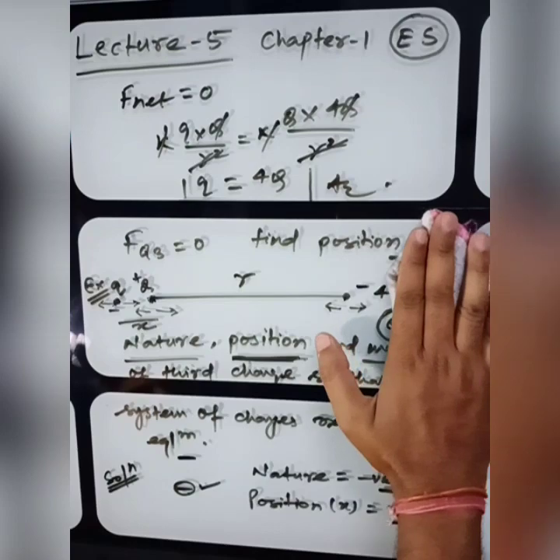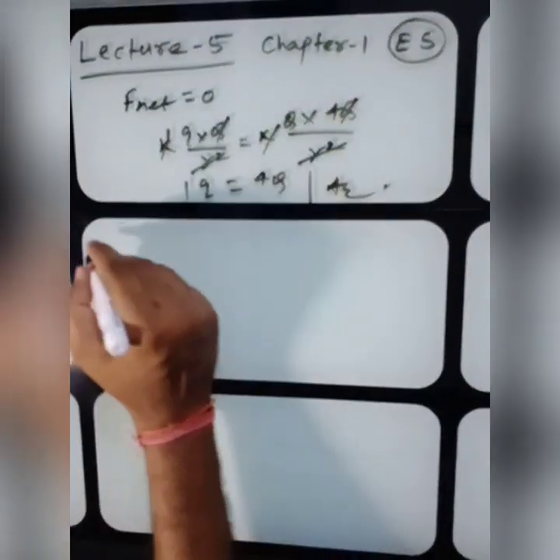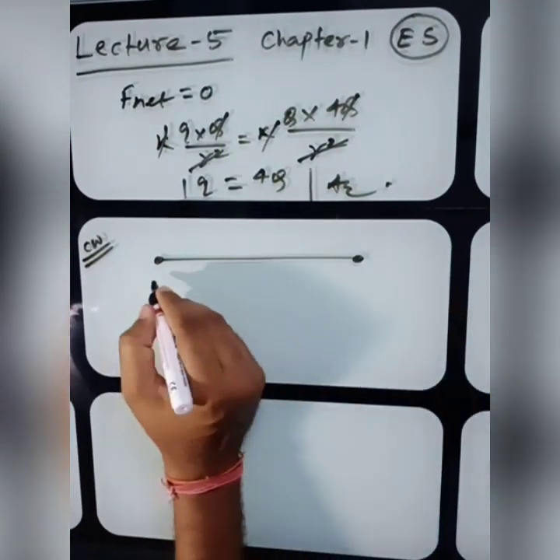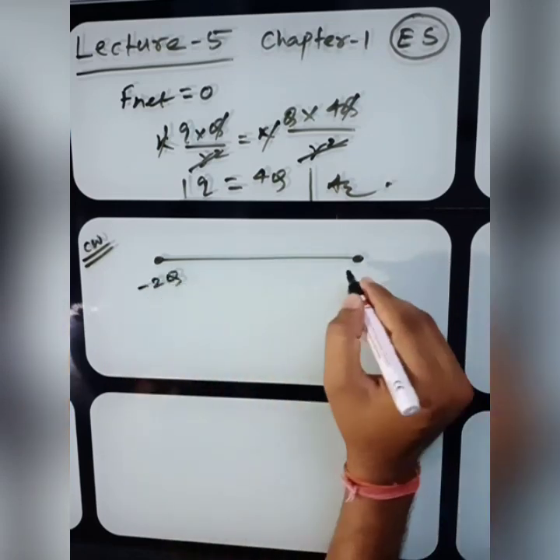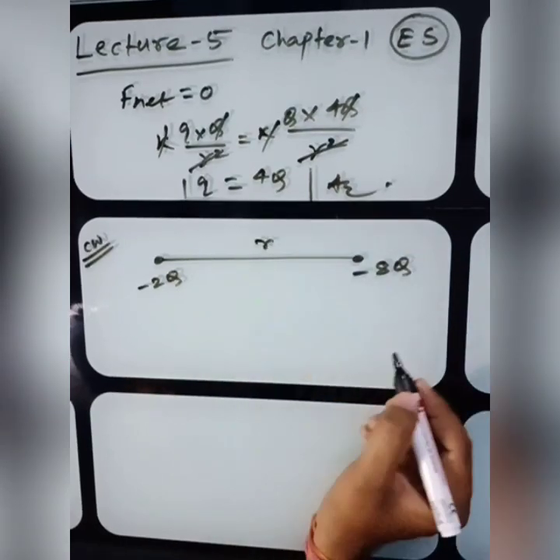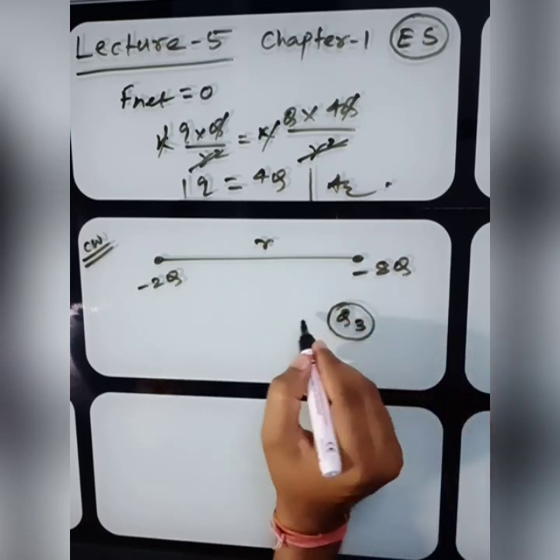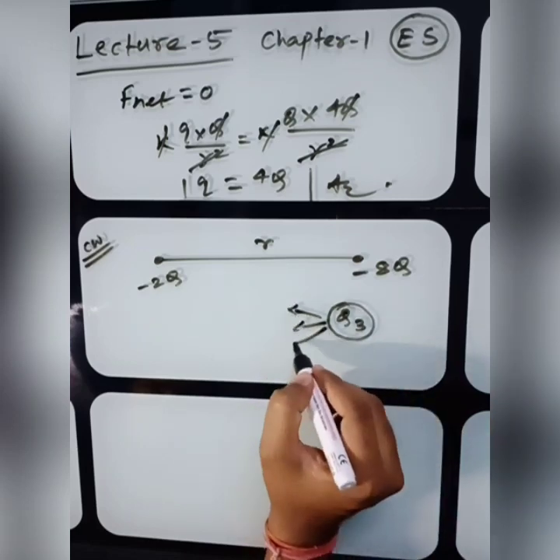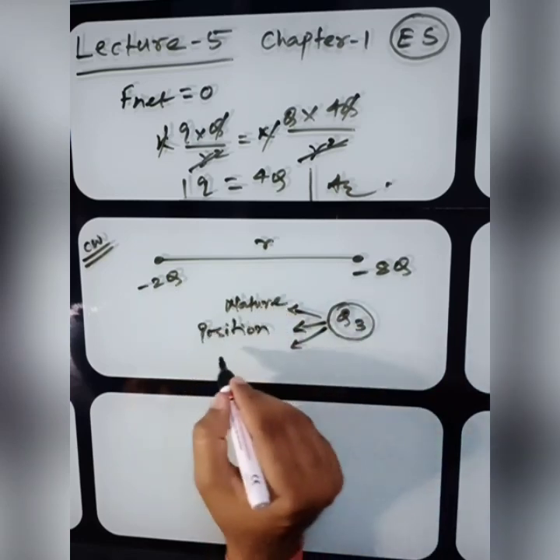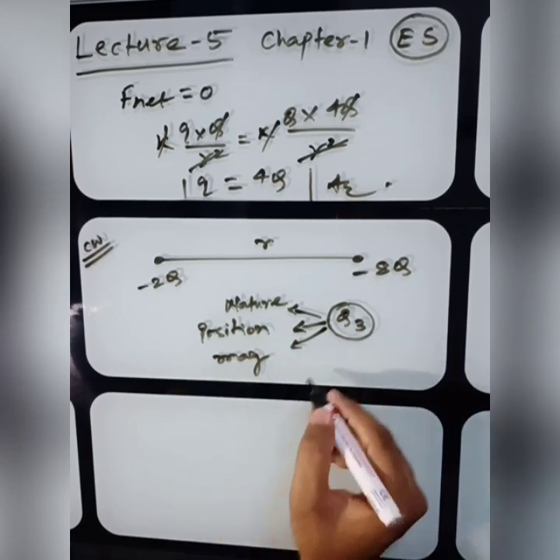Now I am giving you the next question, and try to solve this question by yourself as classwork. You have two charges, minus 2q and minus 8q. Separation is R, and the third charge is q3. Okay, you have to find three things: nature, position, and magnitude. Nature of q3, position of q3 and magnitude of q3,